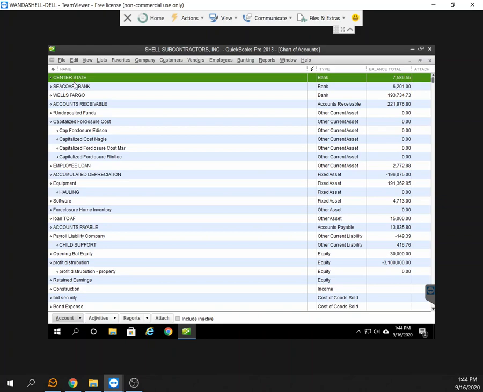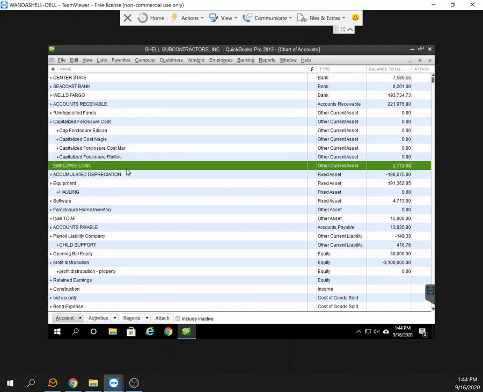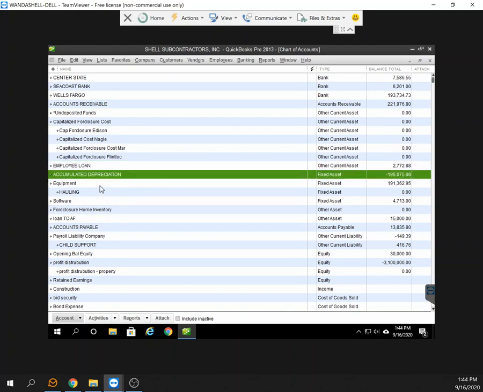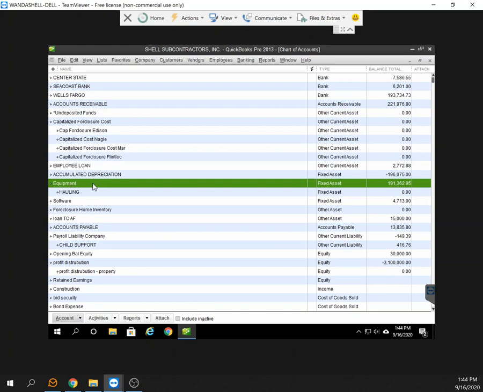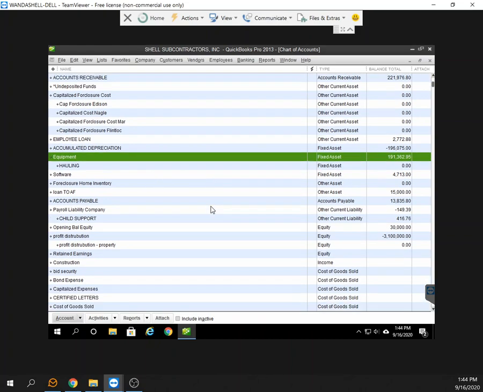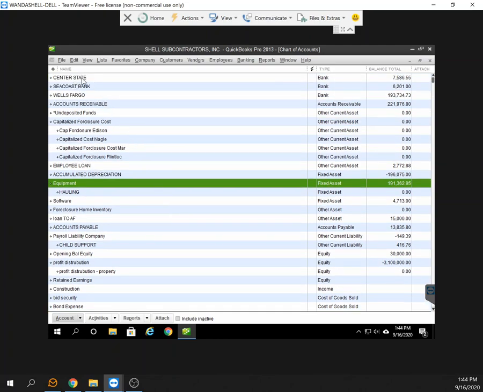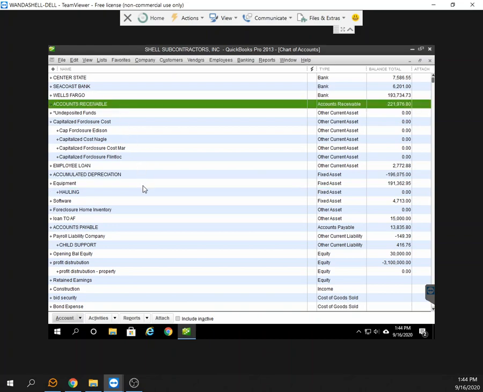You have your bank accounts, accounts receivable. A lot of this stuff I don't know what it is. Employee loans, obviously, know what that is. This is something Kathy uses. Equipment, that's obviously a list of our equipment. Something Kathy's kept track of. Fixed assets. Loan to affordable home builders. Accounts payable. Really the only things you need to pay attention to here would be these bank accounts, the accounts receivable,